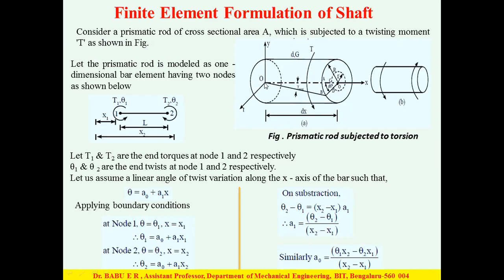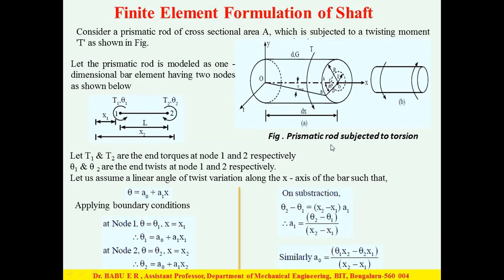Consider a radial line OA on the length. Whenever a torque is applied, the radial line OA will shift to OB, inducing the shear strain, which is represented by nu max. Similarly, along the radial direction, the included angle of AOB is represented as d theta. The included angle along the length is nu max.